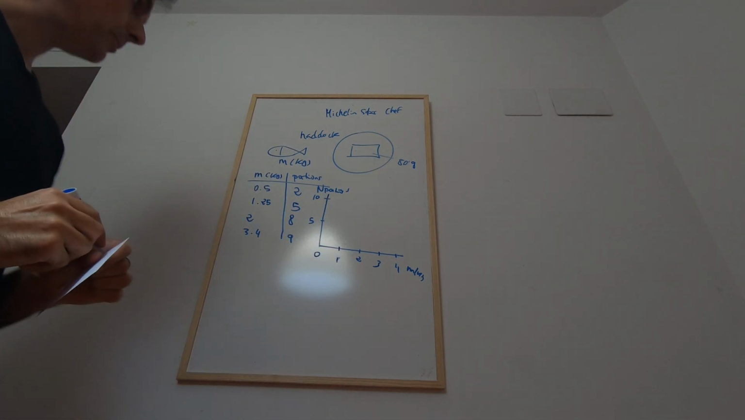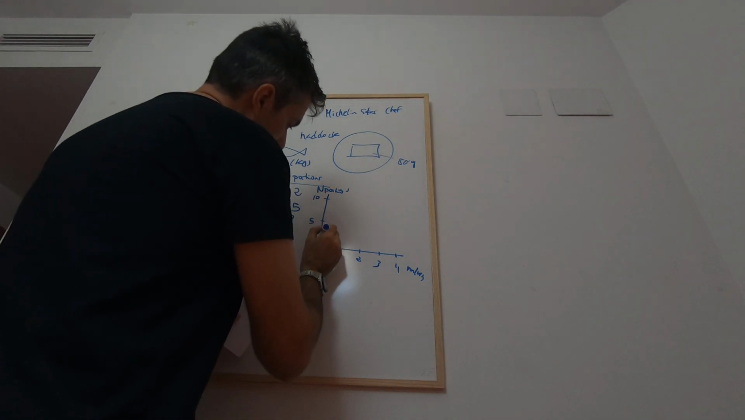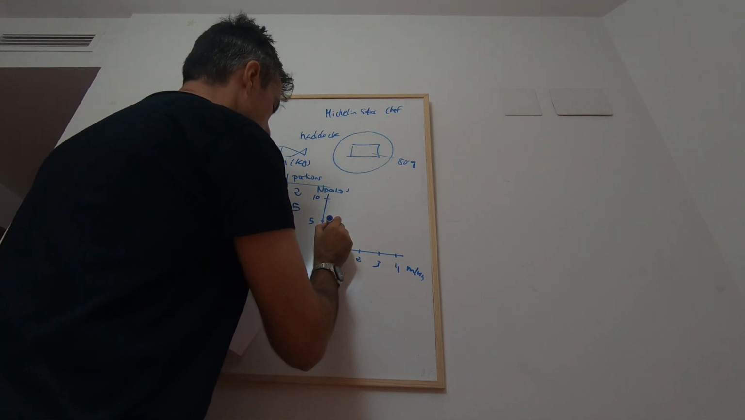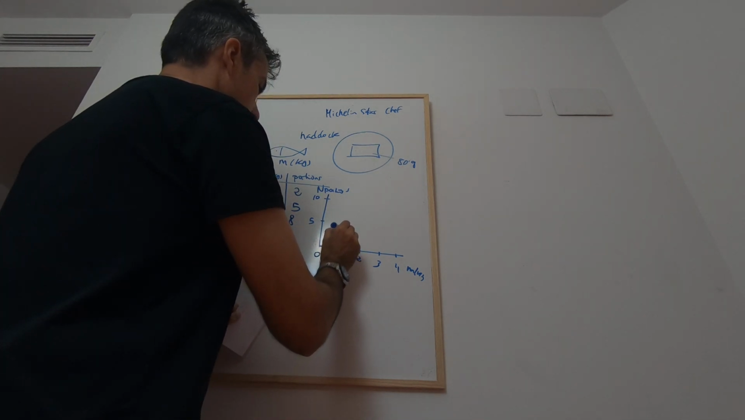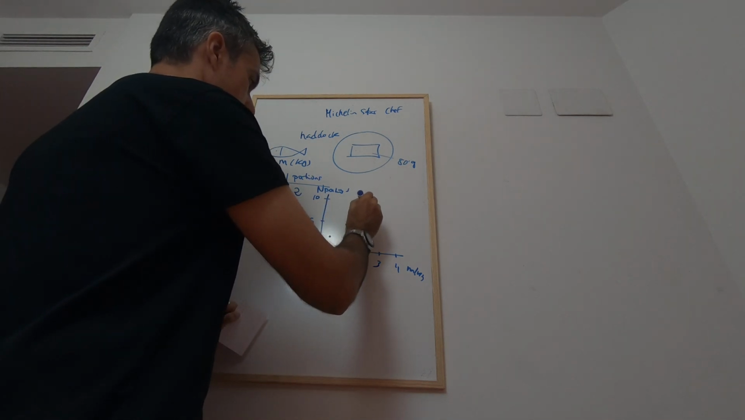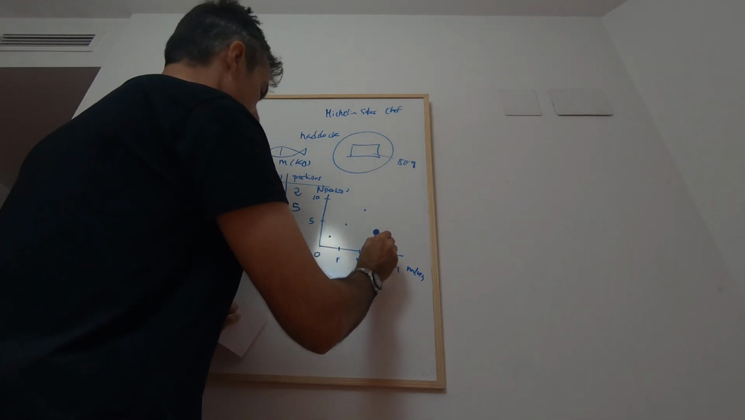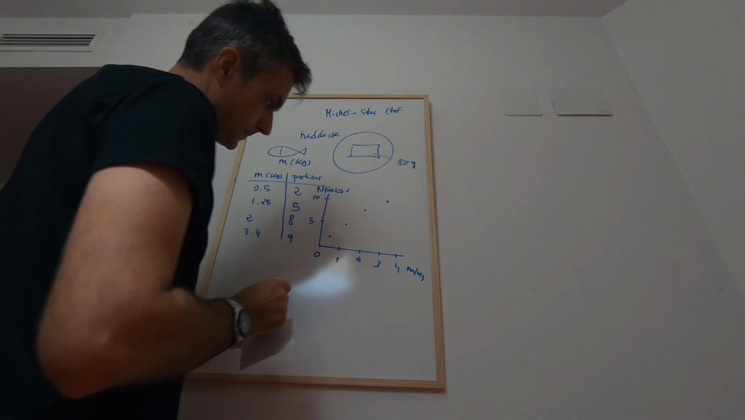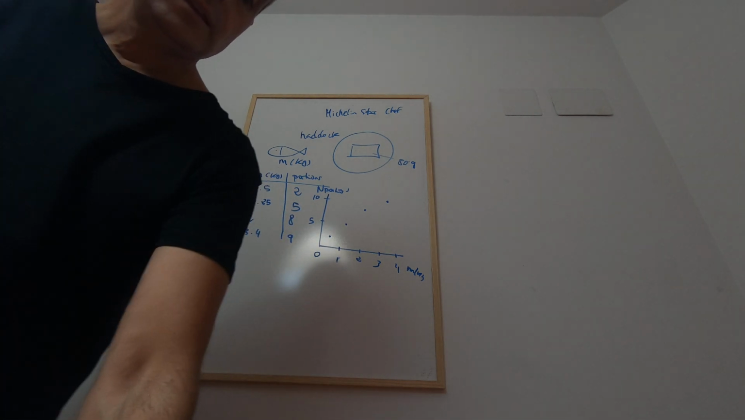So let's see our points. For half a kilo, 2 portions. For 1.25, about 5 portions. For 2 kilos, 8 portions, something around here. And for 3.4, rather here, 9 portions. Okay, so you see they're not randomly scattered. So